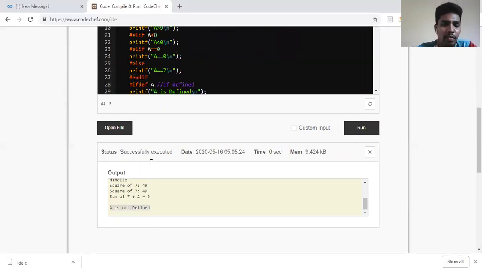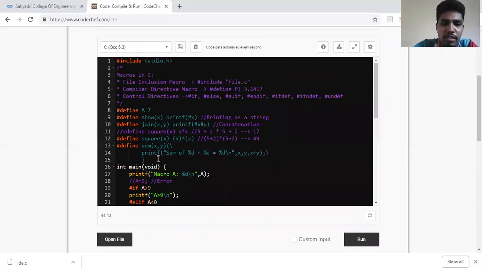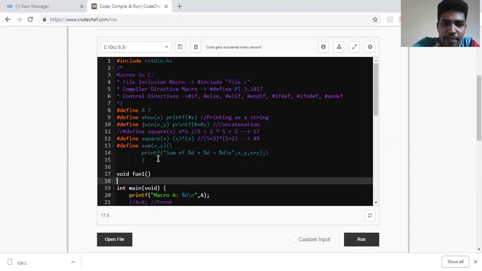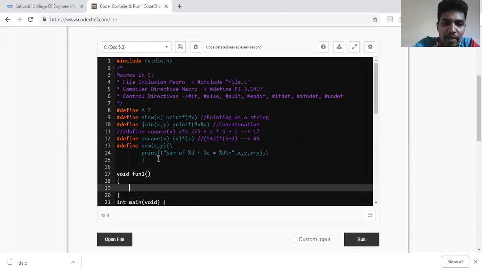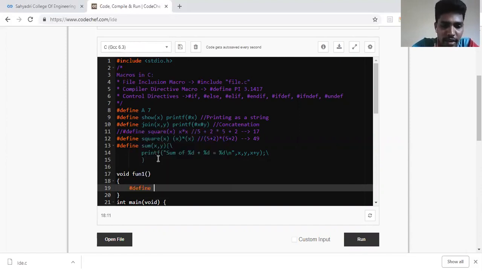Most of you have a confusion whether macros have to be defined in the global section only. No, that's not the case. For example, consider a simple function which I'm writing, void function1, and inside that function I'll be defining a macro. So I'll write #define, the name of the macro is C and its value is 91.